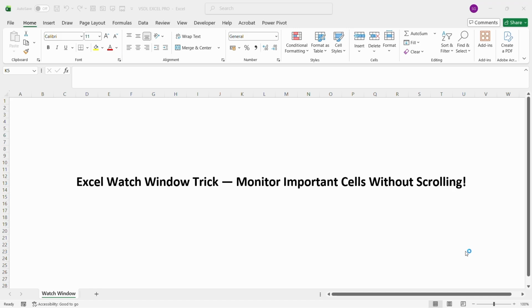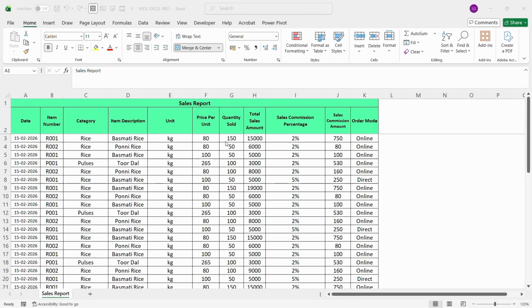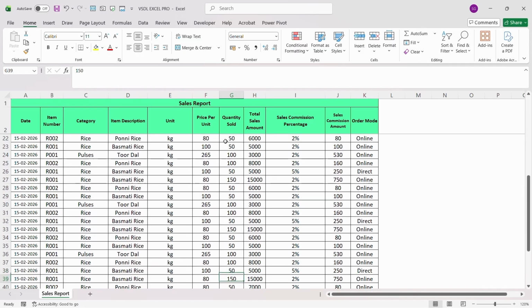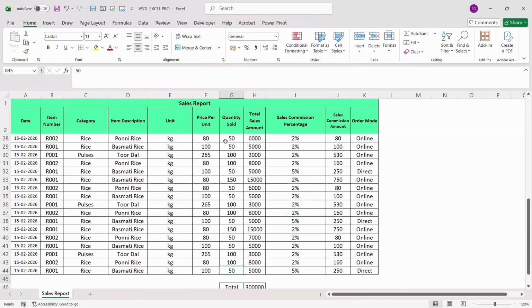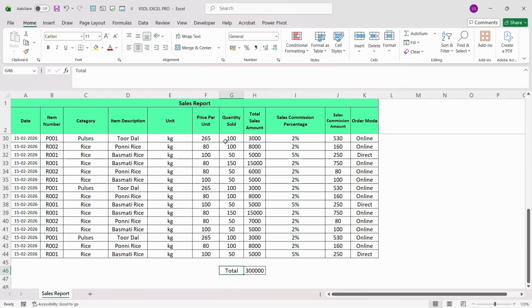Today, we are learning the Watch Window, a powerful but rarely used Excel tool that lets you track important cells anywhere in our sheet. Imagine you are working on a long report, maybe 500 or 1000 rows. Your grand total is at the bottom, but your editing happens at the top. Every time you change something, you scroll down, check the total,